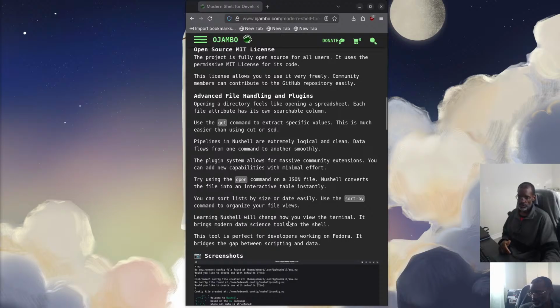Learning Nushell will change how you view the terminal. It brings modern data science tools to the shell. This tool is perfect for developers working in Fedora. It bridges the gap between scripting and data. Now,